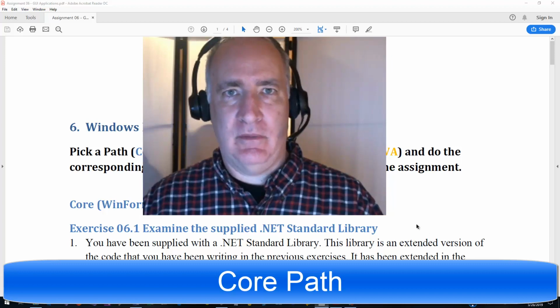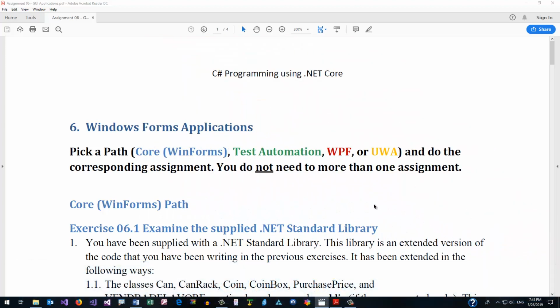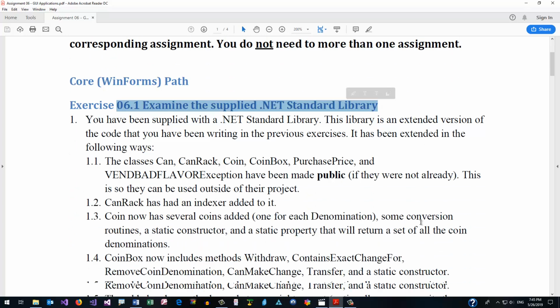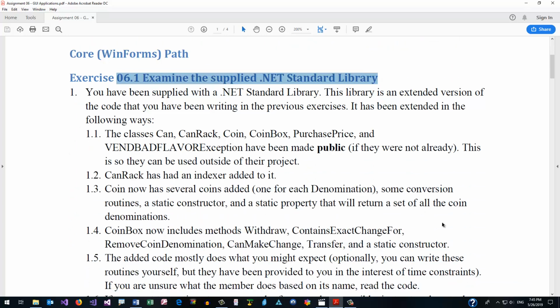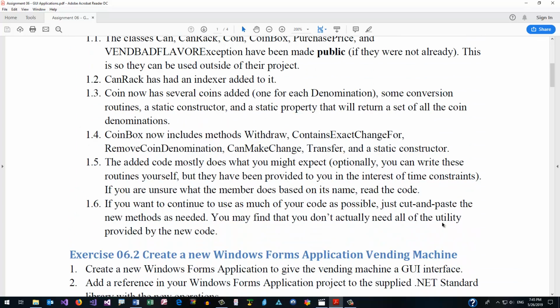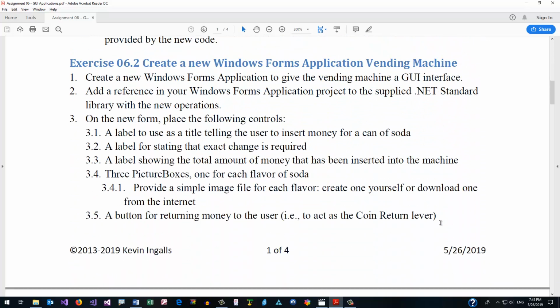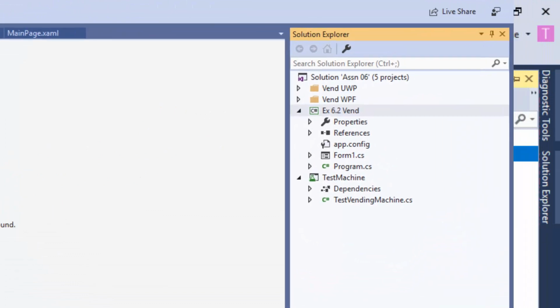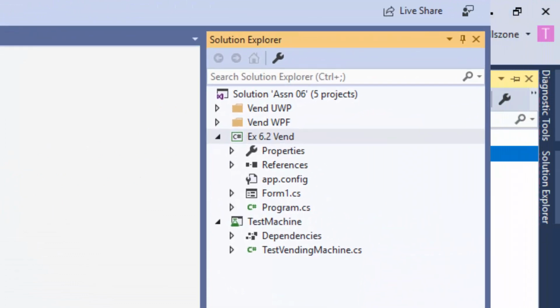This is a review of Assignment 6, and Assignment 6 was about creating a Windows Forms application. Exercise 6.1 was really just about looking at the code that's been supplied so that you can create a reference to it and use it as a library. So 6.2 is creating the Windows application itself, and in Visual Studio you can see the project, and that project